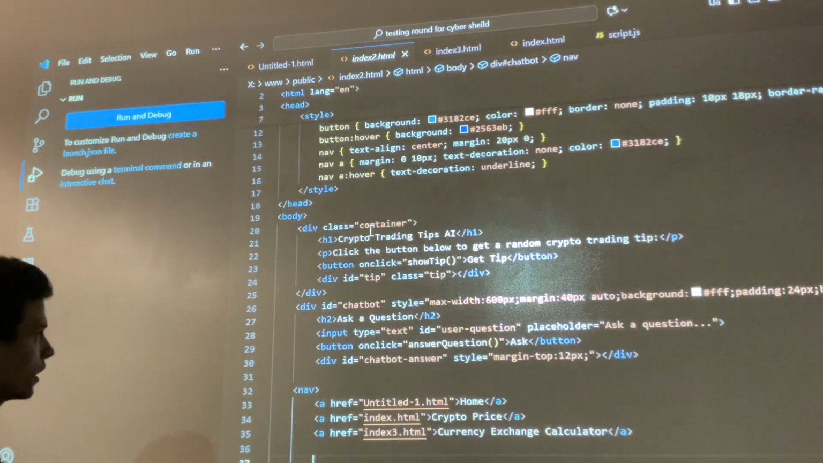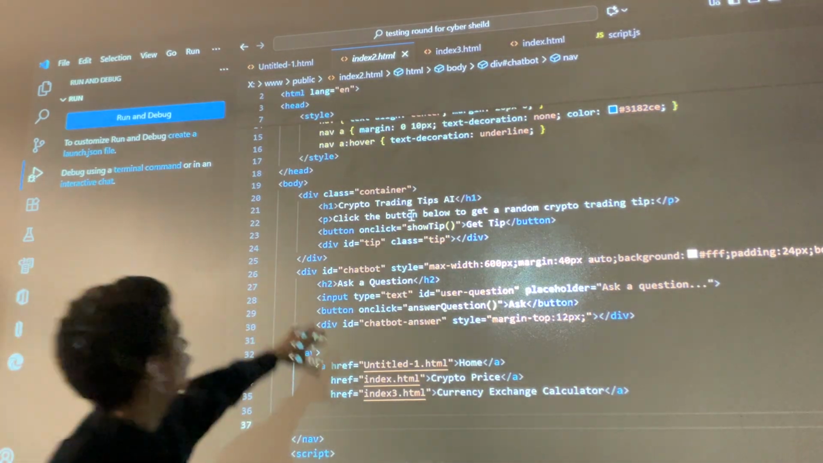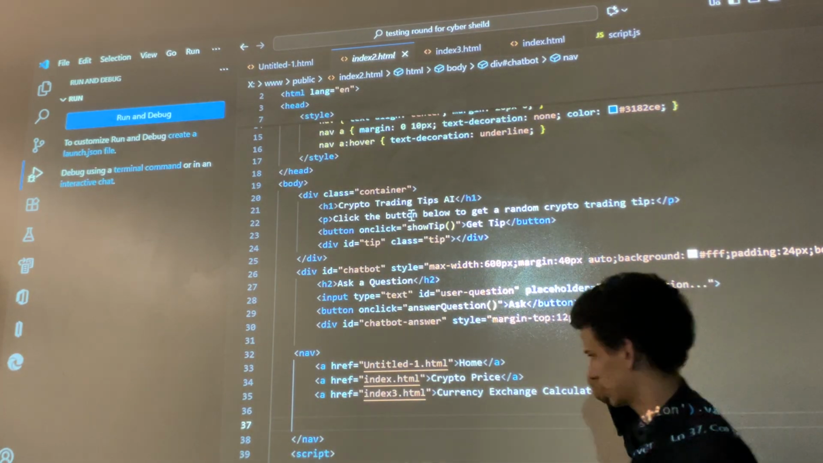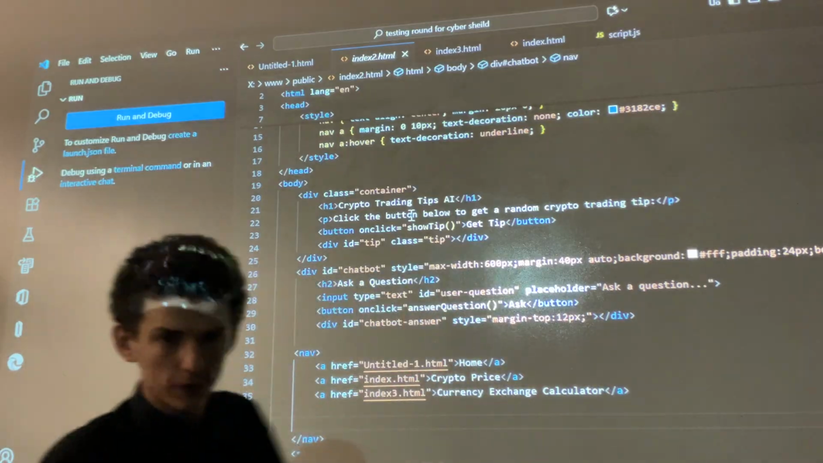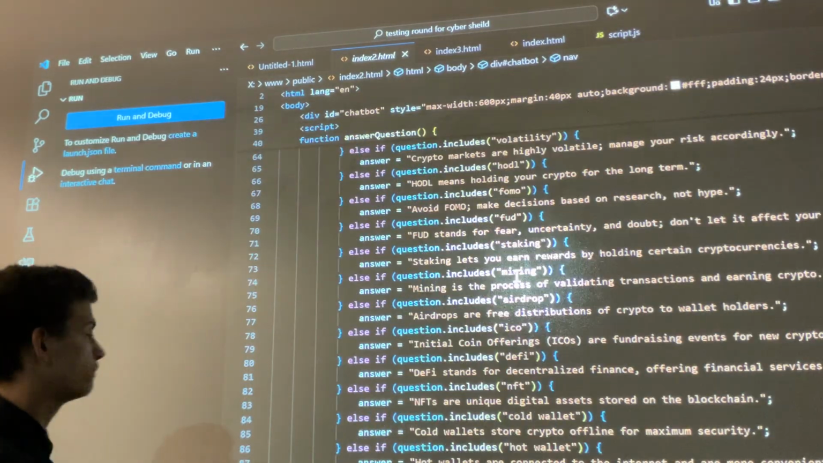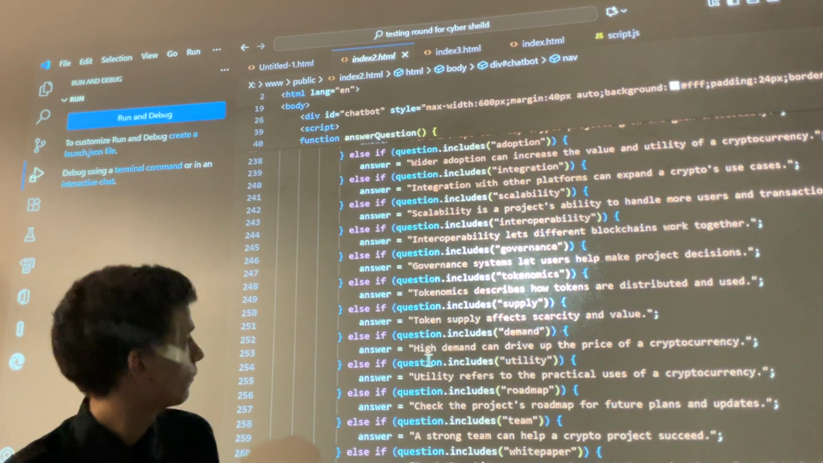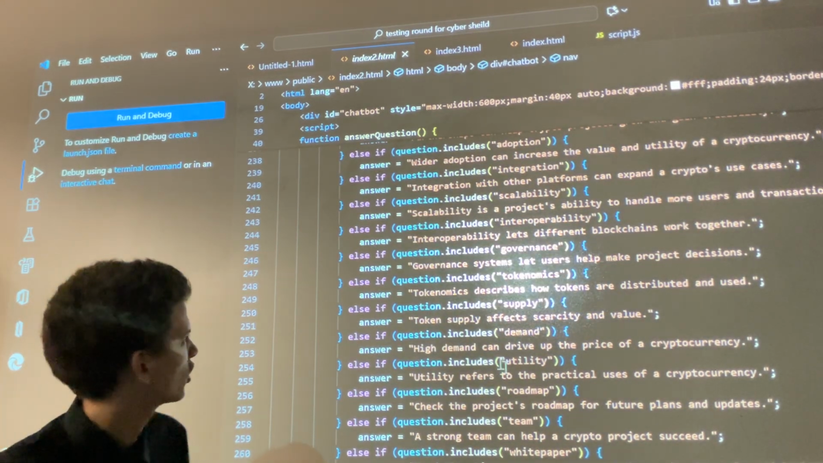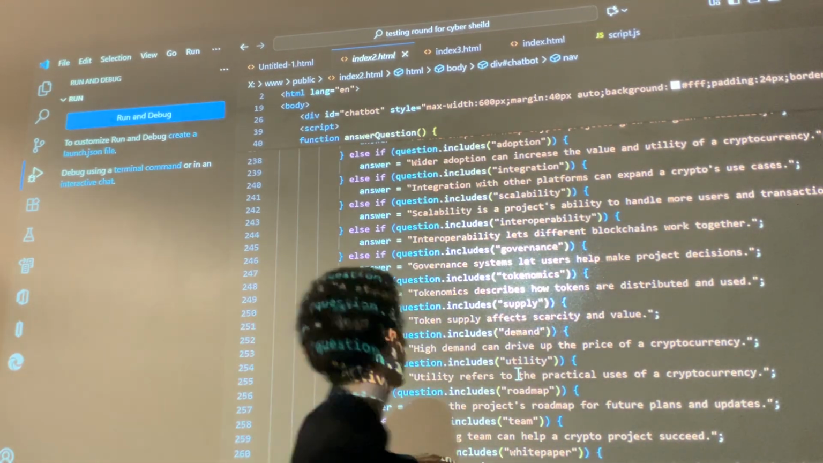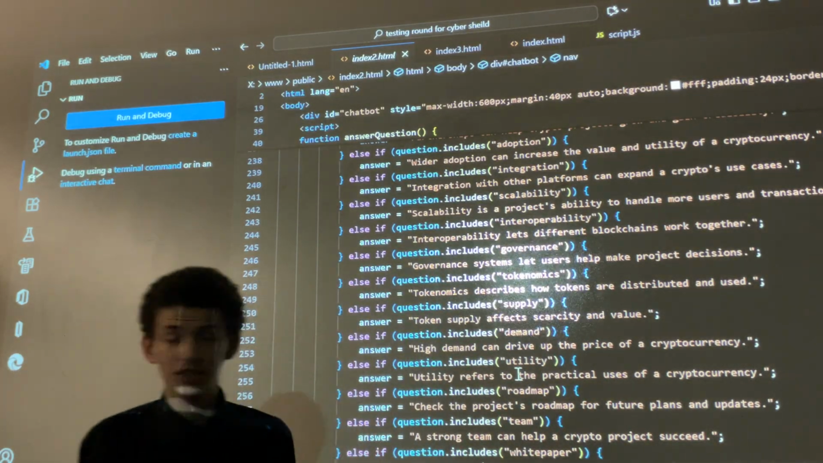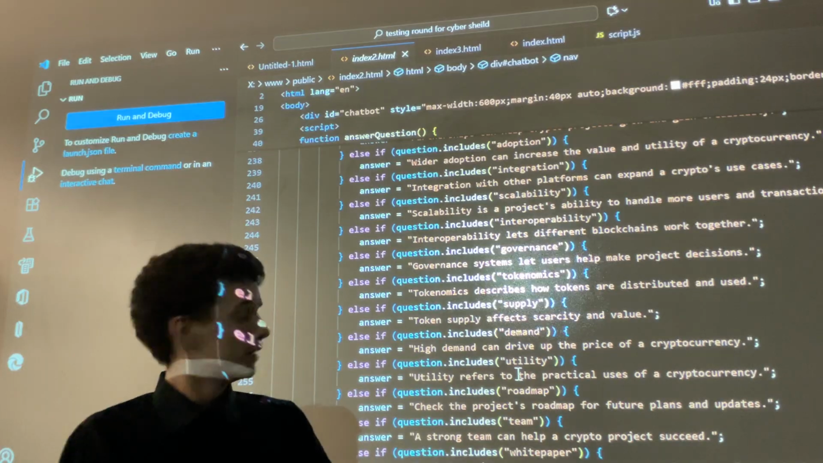As you scroll down a little bit, right where it says body, you have container, chatbot, and then all the way down. There are roughly 247 different responses that you can get from each question answered. That includes government maintenance. It will give you the answer. Government maintenance is a system that uses help